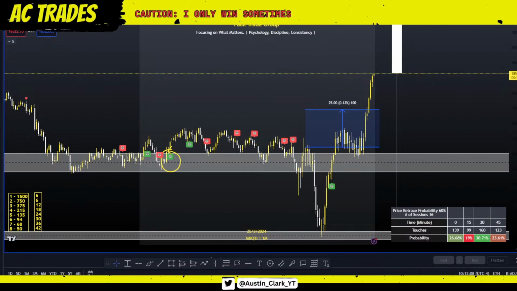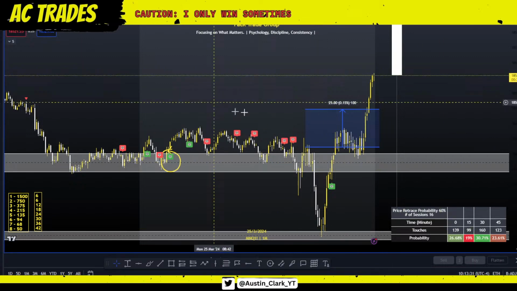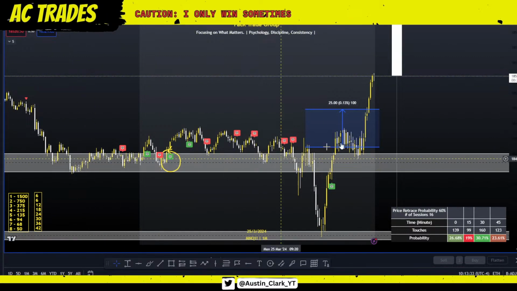I want to make something very clear, okay? Just like how I tell you guys, wins or losses do not make or break your career, right? If you lose a trade, your day is not ruined. Your career is not ruined. Your account should not be blown after one day, after one red day. The same thing is true with green days, okay?